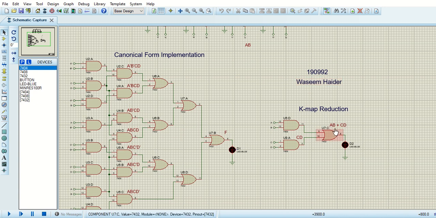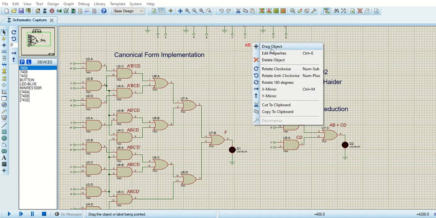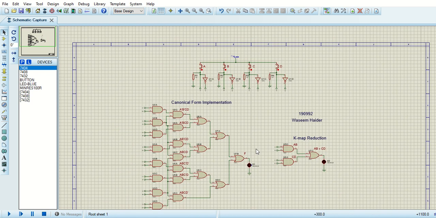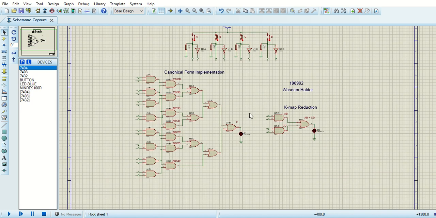For the K-map we have AB plus CD. Here we have AB, here we have CD, so you have to move here. Okay, and we write down AB plus CD, A and B, or C and D. What's next? We will run the simulation and check whether it follows our truth table,